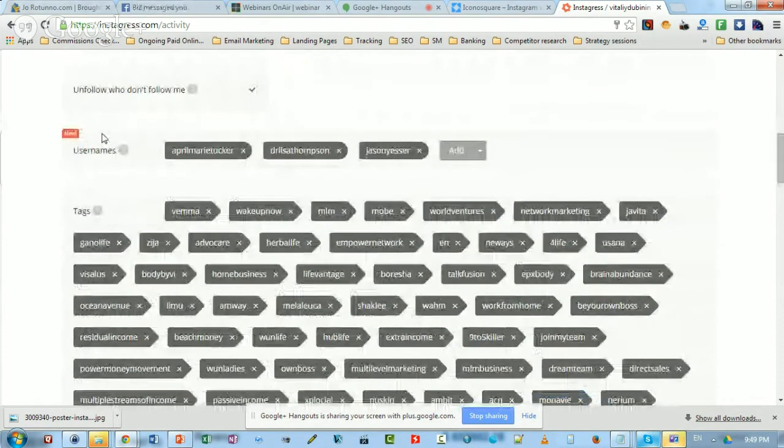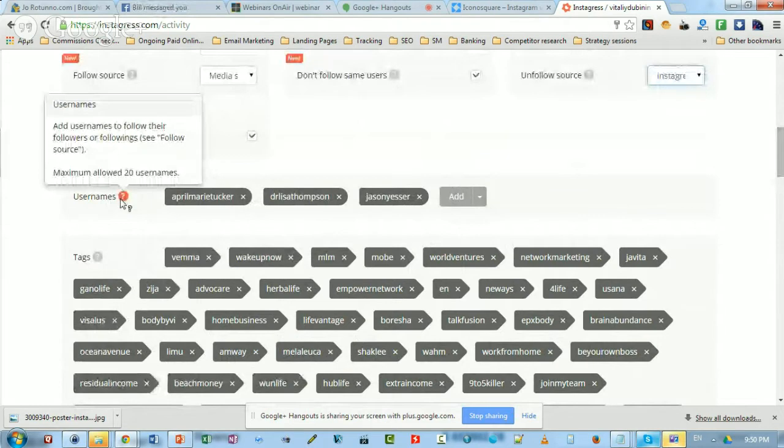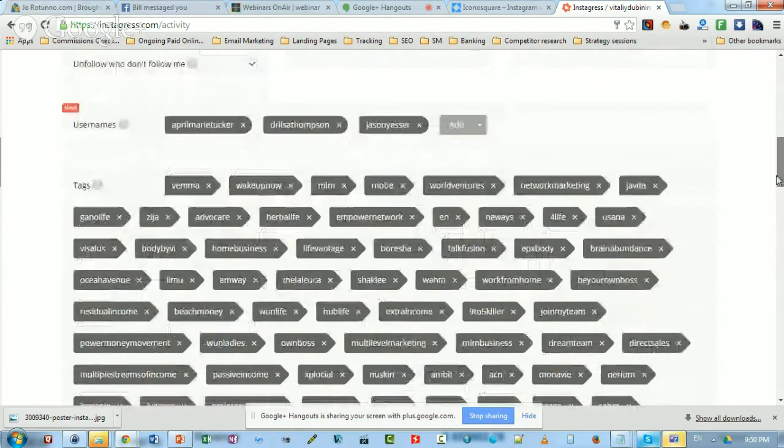You can set usernames of popular people and get their followers. Whoever followed them, you can start commenting and liking their stuff, so they will follow you too. That's pretty cool. And then you set up your tags.